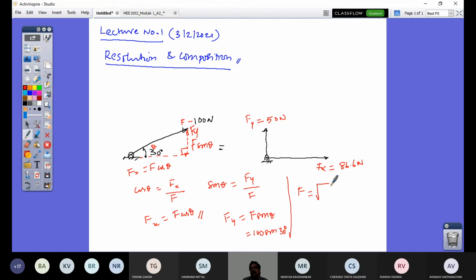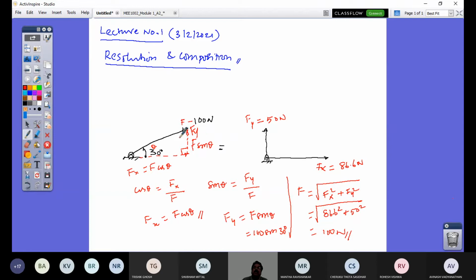So what is F? It is under root of Fx square plus Fy square. That's what you get in a right angle triangle. The hypotenuse is nothing but under root of adjacent side square plus opposite side square. When I say side square, because it's magnitude, the length of this arrow is what refers to the values. So I would have my F back. If I substitute that here, I can cross check that it is met. So I get here 100 Newton, right? This is the simple cross check.